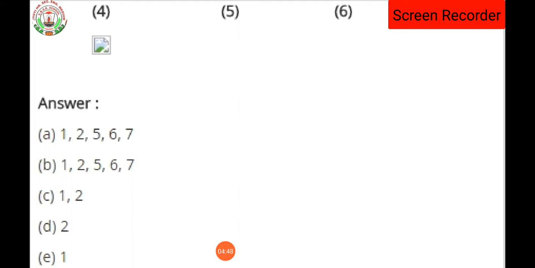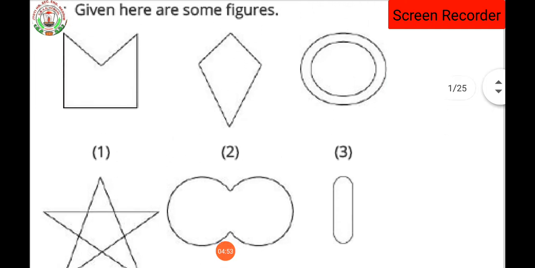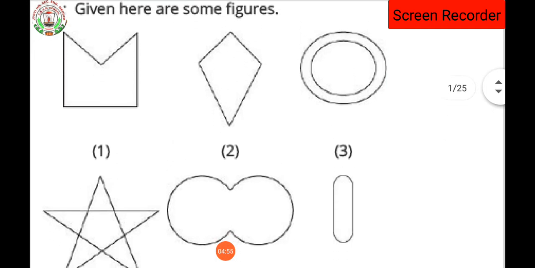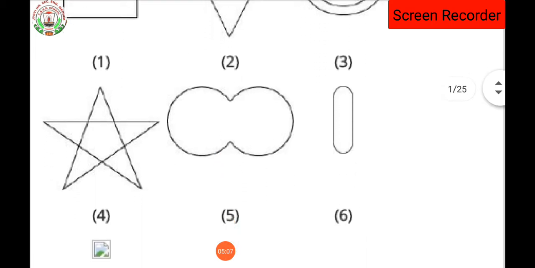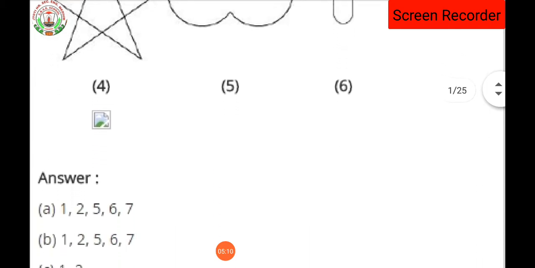Okay, understood? Now starting the question, you can see the first figure. This is the first figure we are having. So which kind of figure is it? This one we can say is a simple as well as a closed curve as well as a polygon. So the first figure comes in all the three. So first figure, first A part is a what?